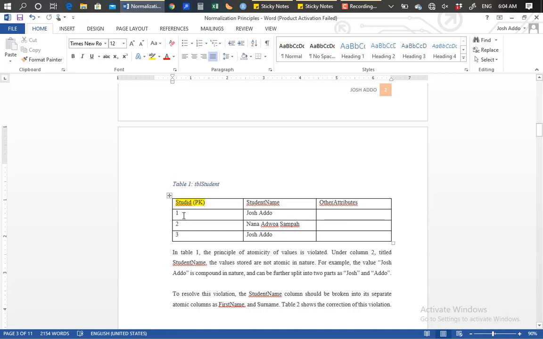So see, once we have the primary key column which contains values which are unique across all the other columns,